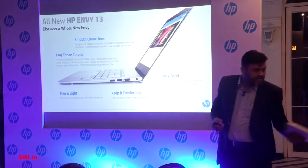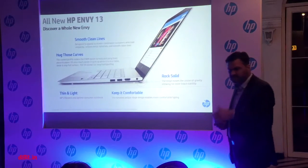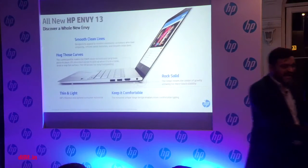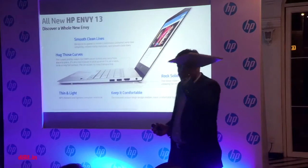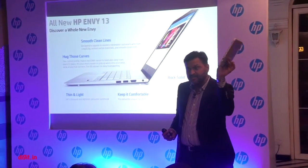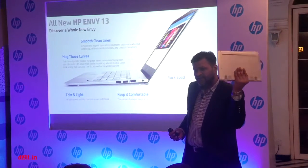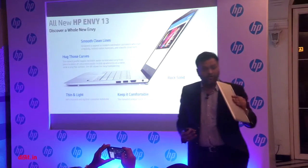So the next product, which is the number 3 product on the consumer launch today, is called HP NV13. This is the thinnest and lightest notebook in the consumer range which we are launching. It's a 13.3 inch, 1.27 kgs, 12.9 mm thin. So this is really razor thin, very thin and light, top of the line, metallic finish, non-compromised, because one of